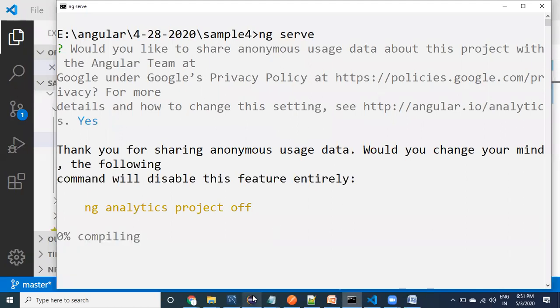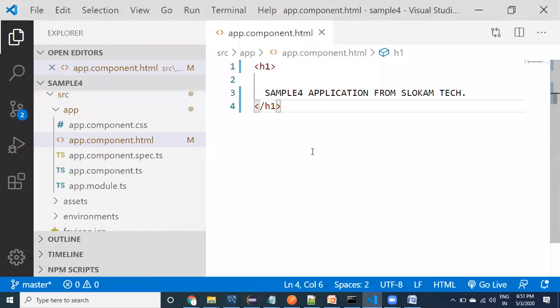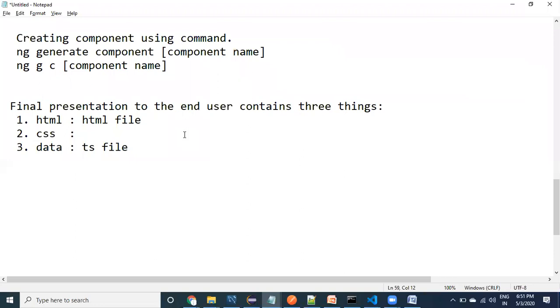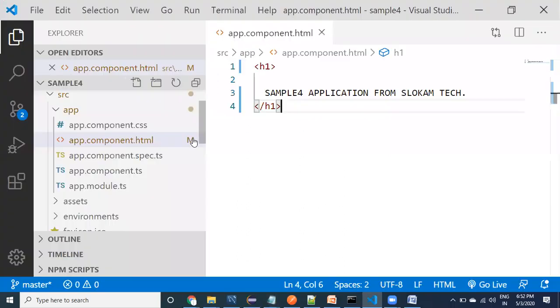So the small change I made, guys, right here in the app component.html, is that I removed the default HTML and provided this simple code. Here I would like to show you everything that I'm explaining: how to use the CSS file, the TypeScript file, and the HTML file effectively in one component, so that we can work with multiple components. We are going to work with multiple components after learning the basic things of a component.